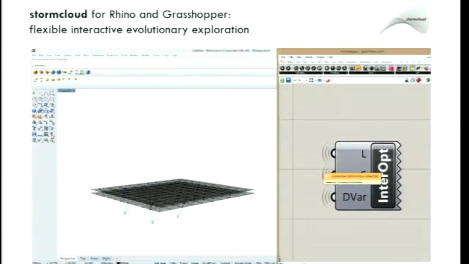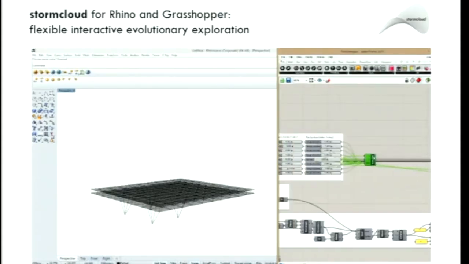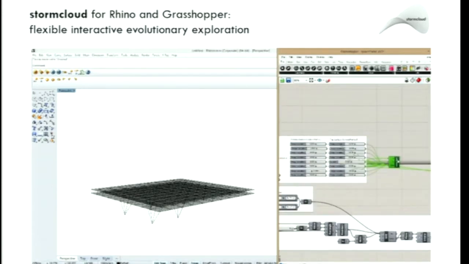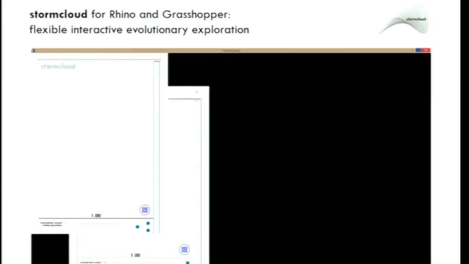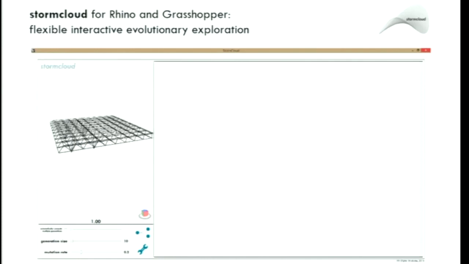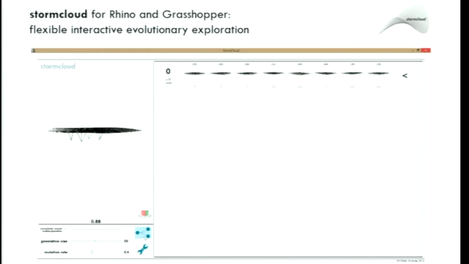And so we have a tool in Grasshopper called Storm Cloud, which is basically the same thing as Structure Fit, except it's completely flexible, works with any type of geometry, any type of numerical evaluation, so it could be based on a finite element analysis, or a daylighting analysis, or a building energy model, or something else that you can describe yourself. And it creates different options for designers to consider, and evolutionarily combines them to help you explore the space